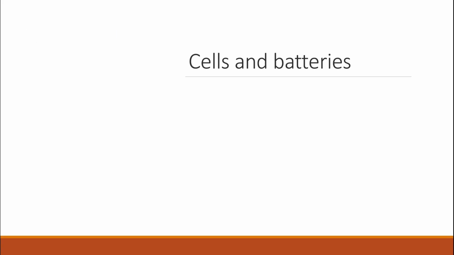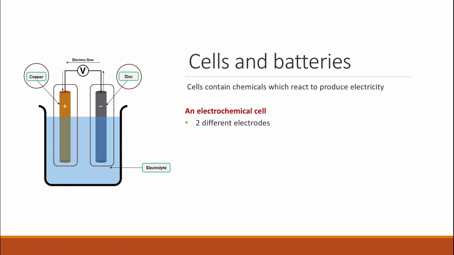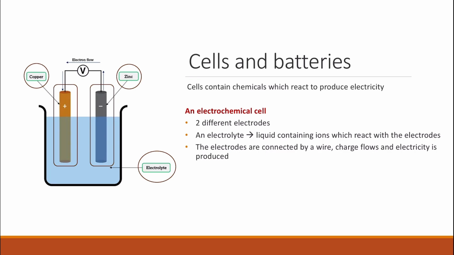Cells and batteries. Cells contain chemicals which react to produce electricity. An electrochemical cell will contain two different electrodes, and the two electrodes must be made out of metals like copper and zinc because metals conduct electricity. And we have an electrolyte, which is a liquid containing ions which will react with the electrodes. The electrodes are connected by a wire,